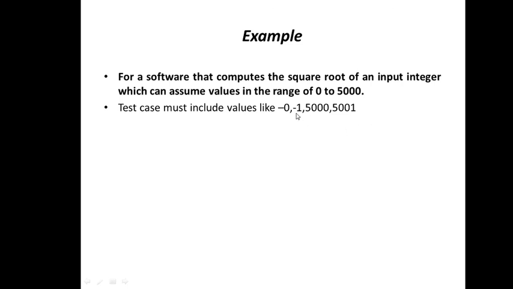One is a negative value, another is a greater value, and for the values in the given range, I am taking two values, one for the left hand side boundary, another for the right hand side boundary. So externally the boundary values are taken here and tested. The errors which were created at the boundaries can easily be eliminated due to this. So these are the two methods of the black box approach for designing the test cases.